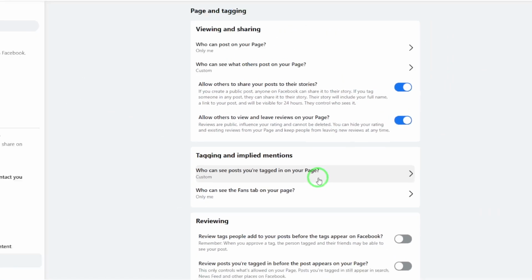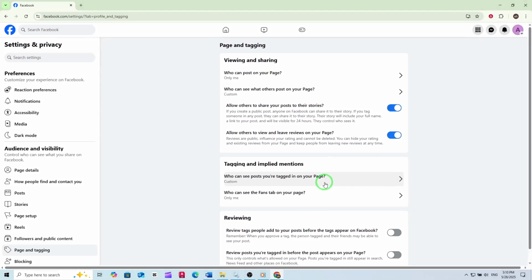This is perfect for pages that want to encourage more interaction, gather feedback, or create a space where everyone's voice